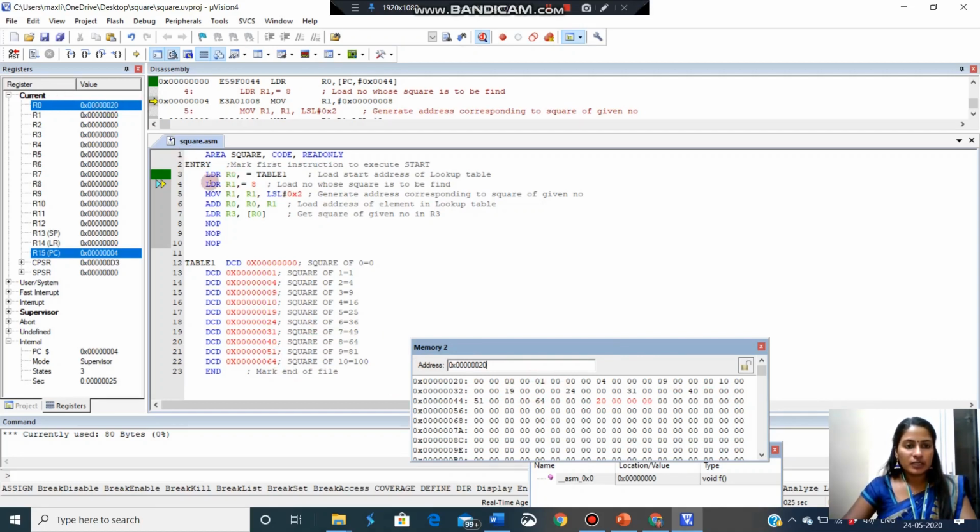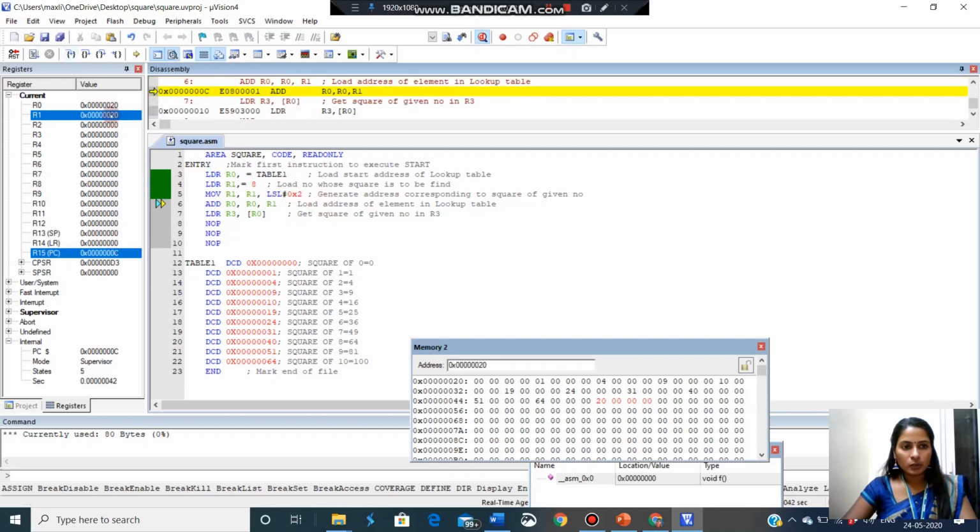So the first one is over. See, the program counter is pointing here. Now R1 will get the value 8. R1 is 8. Next instruction, when we do left shifting by 2 bits, we will get 20. We did it in the program. So 20 is stored in the R1 register. So you can see R1 is 20.